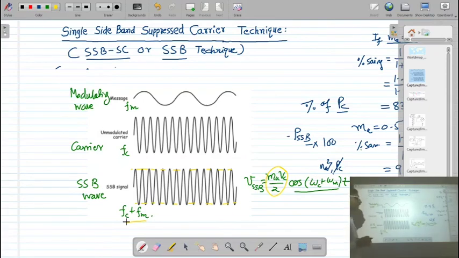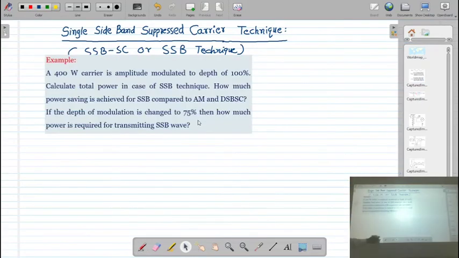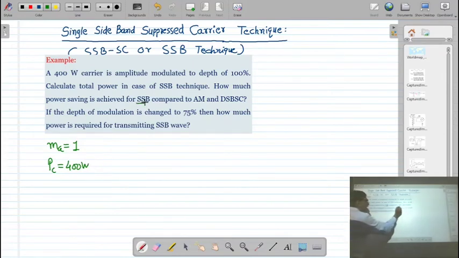Now look at some example. A 400 watt carrier is amplitude modulated to a depth of 100%. Means my modulation index Ma is equal to 1, and the carrier power Pc is equal to 400 watt. How much power saving is achieved for the SSB compared to AM and the DSBSC? So we have to calculate the power for AM wave, for DSBSC wave, and then we calculate for the SSB